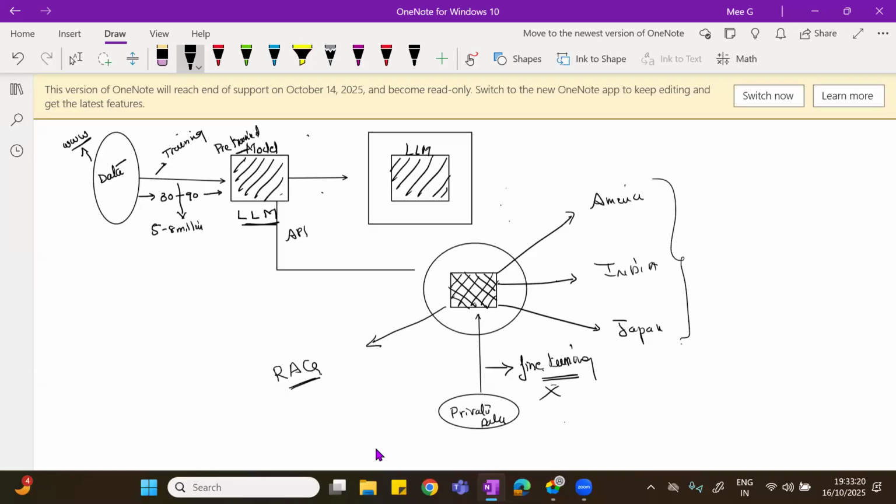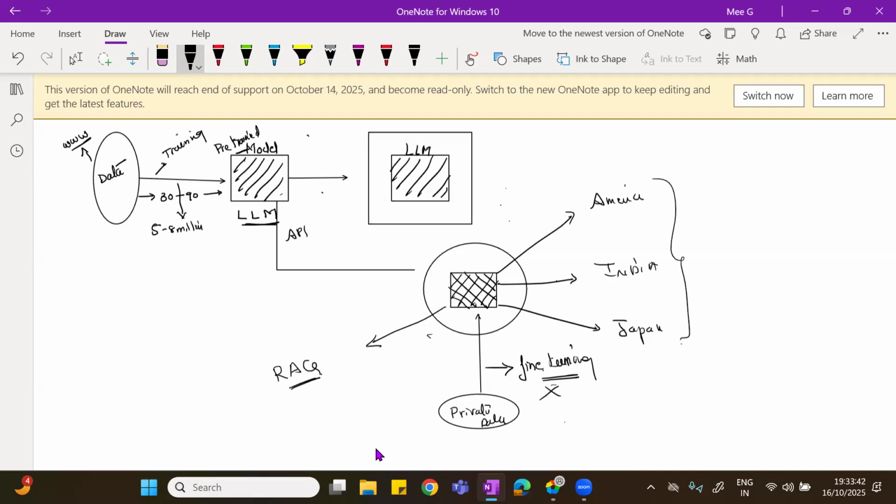Also, it has its own risk. As I said, our data privacy is at risk, it requires very sophisticated technology to secure it, and to perform the fine-tuning you should have a technical expert and maintain it.